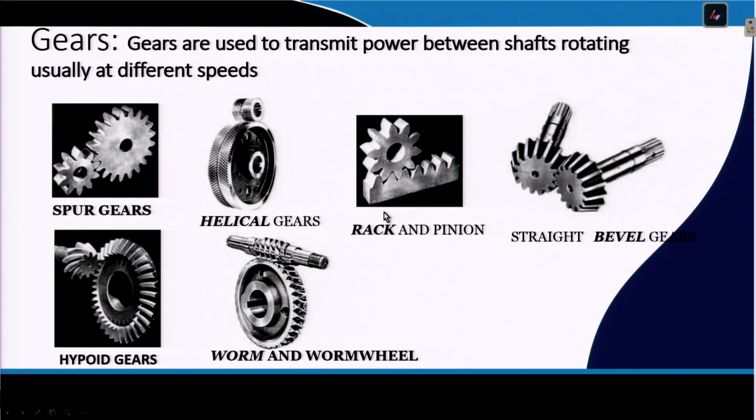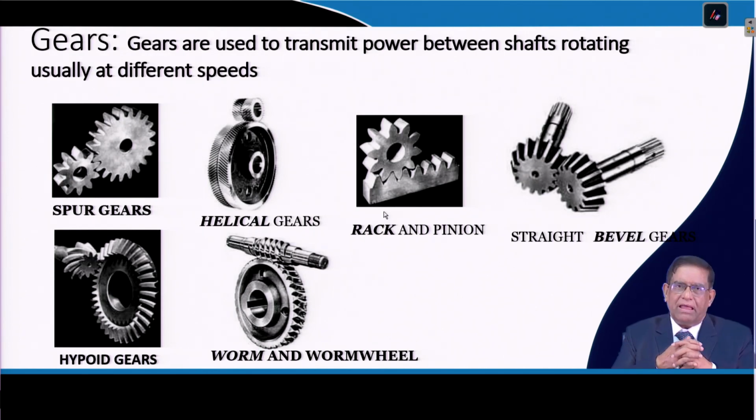So, like that, other than the bearing, the main component of any machine is the gears. In a machine you may have different types of gears. You know about the spur gear, where you can see that the teeth are parallel to each other. The smaller one is called the pinion, and then this is your gear, and they can be straight or they can be at an angle.